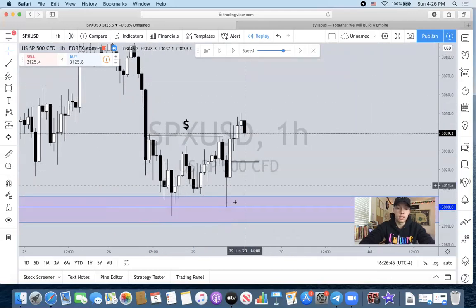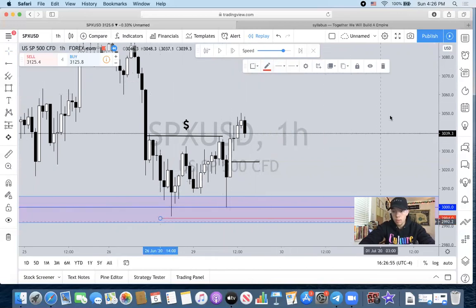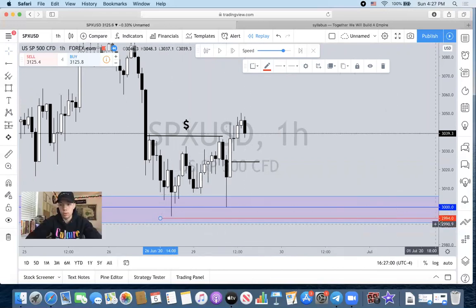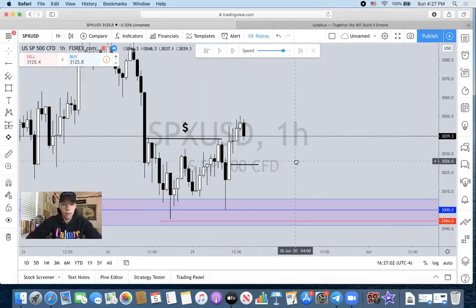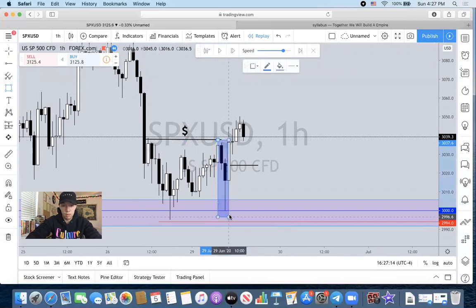Again, you don't need to snipe this off 3,000. If you did, perfect, because what are you doing? If you're taking that entry off 3,000, you're throwing a stop loss right down here above this low. You're using a 5 to 7 pip stop on SPX, 29.94. But look at this: clean open, runs the market up, creates this pool of money. Before they go ahead and continue the market above this pool of money, they have a fast drive down,